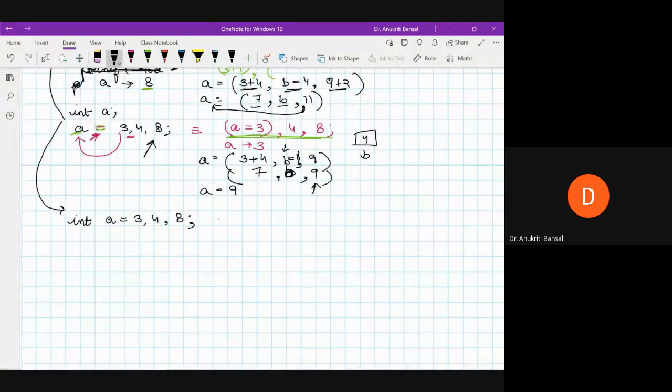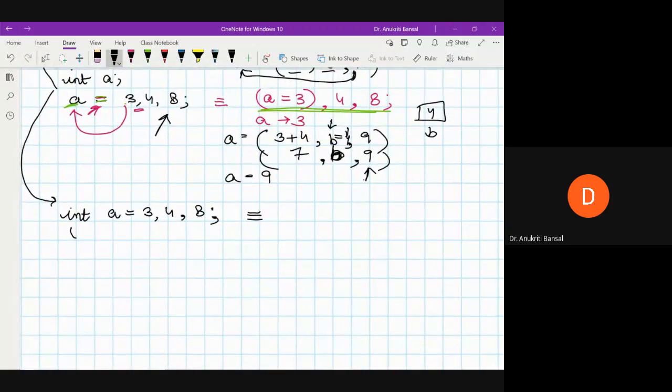So what it will do, it will associate this data type with every identifier, we can say. So I can write it, this is equivalent to int a is 3, int 4, int 8. अब बताओ,